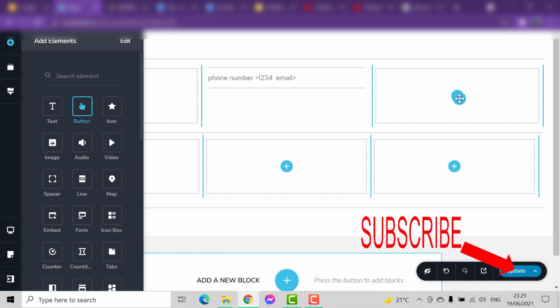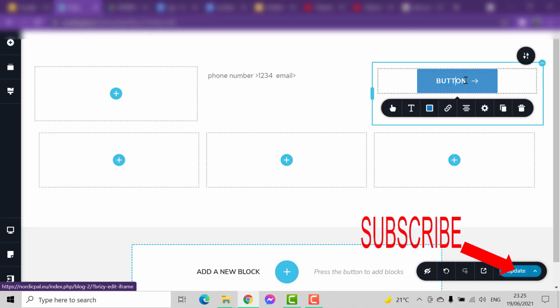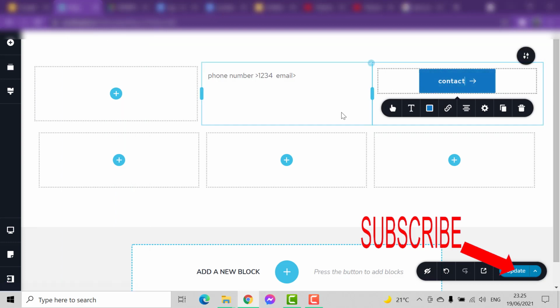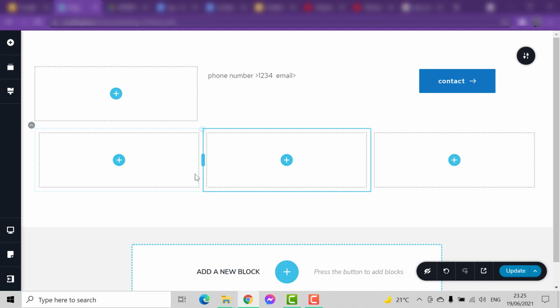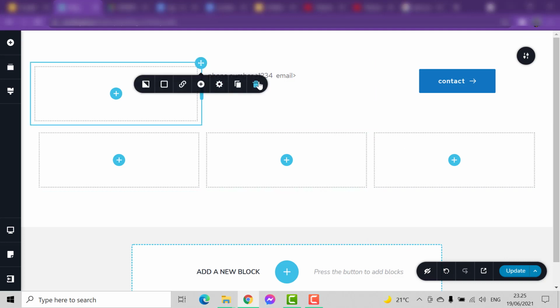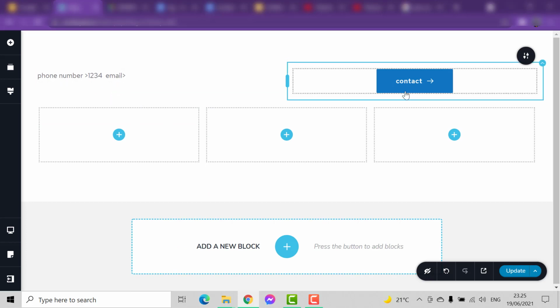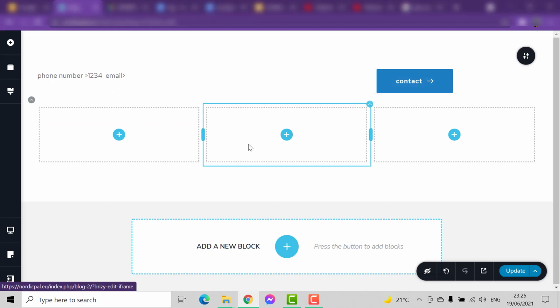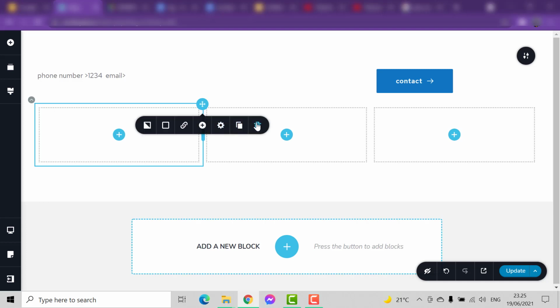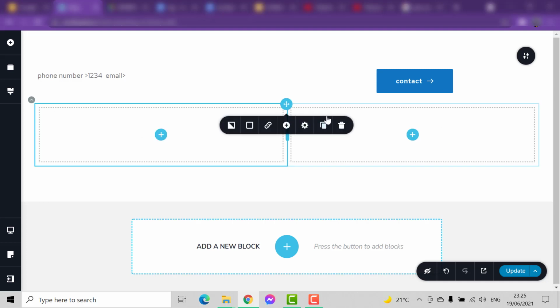And here I'm going to set a button, and in this button I write contact. And here you can see the arrow sign. So this button will let you go to the contact form. And now I'm going to delete this one. So now you can see here you have got phone number and email address and then contact. And also I'd like to delete this one as well. No, I will keep it because now